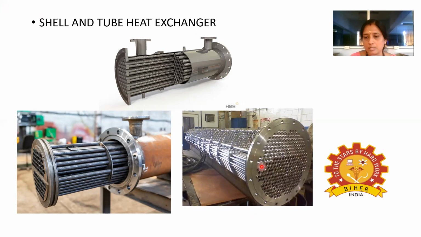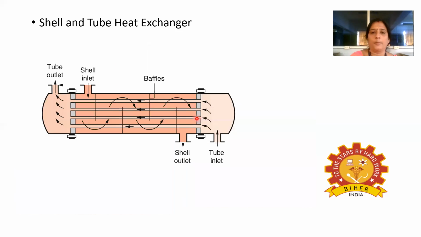Here you can see that this is a tube sheet, and this tube sheet has a number of holes. In these holes only, the tubes are fixed. The tubes are fixed in the tube sheet, and this is the baffle. The baffle is also similar to this tube sheet, but 1/4 of the baffle will be cut away. Then only the fluid can pass through. The shell side fluid entering here, since the baffles are cut away here, can enter here,